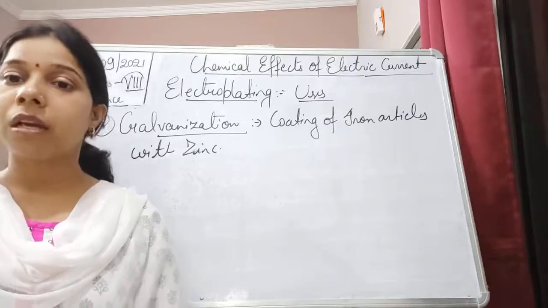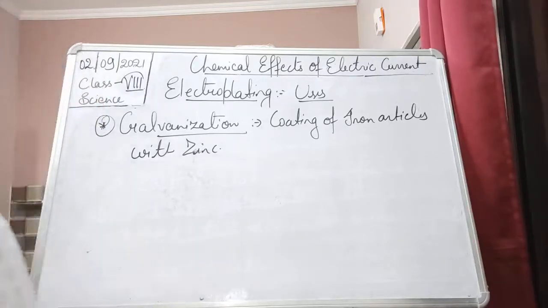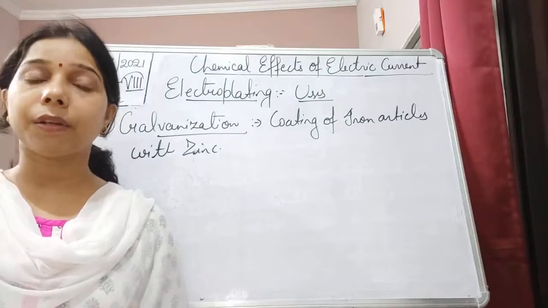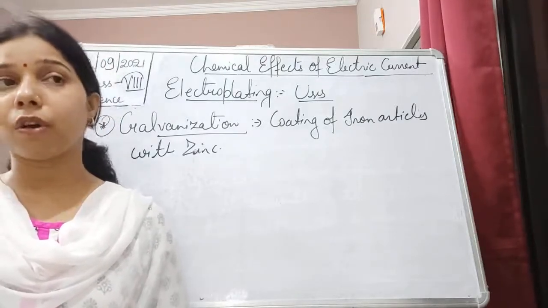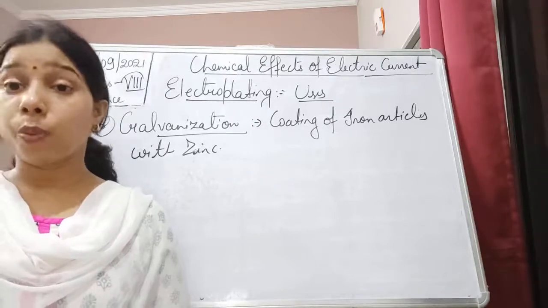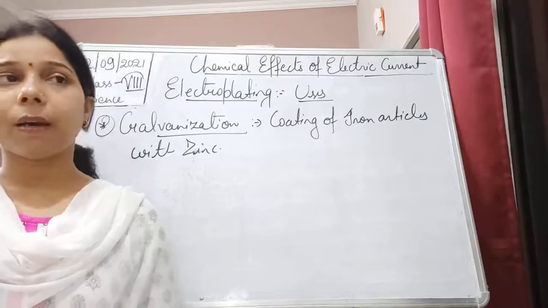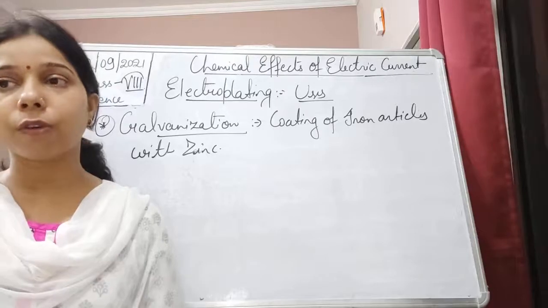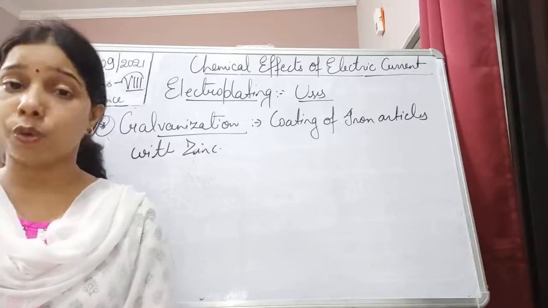Because of that, it is also used on iron, because iron objects can be coated with it, which helps in preventing the iron from any kind of rusting. So this is one of the objects which must undergo the process of electroplating, because it helps in giving a shiny surface and also prevents corrosion.